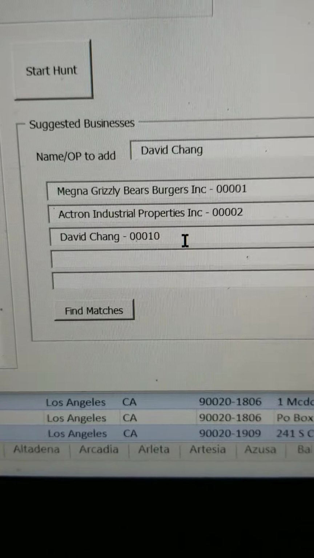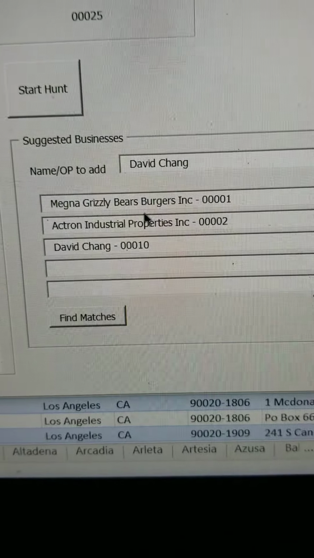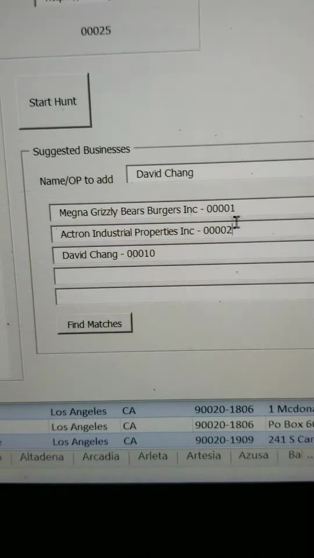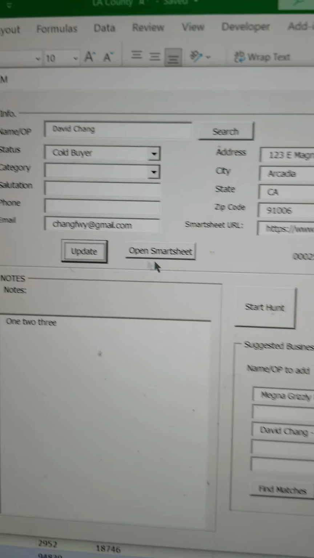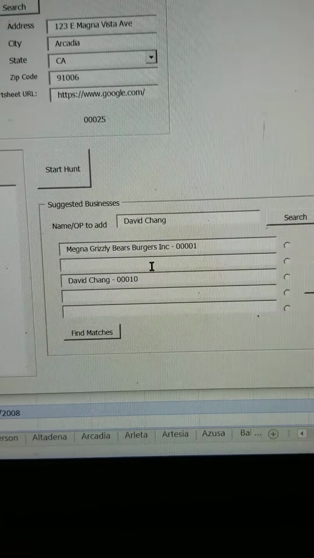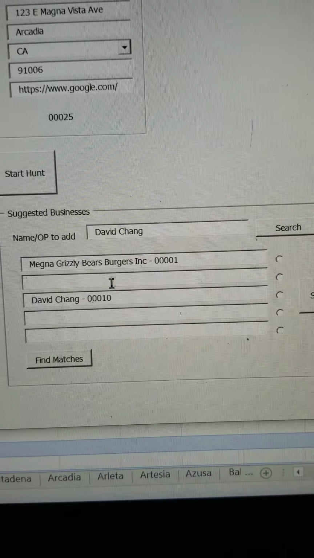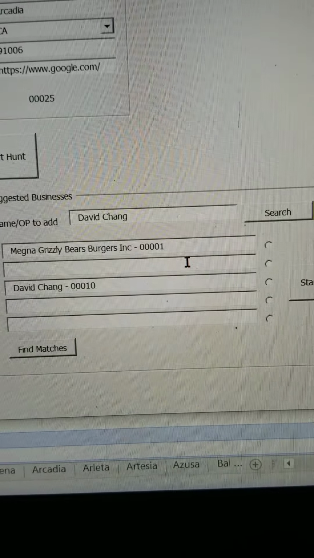If you want to, for example, delete one from being a match, all you have to do is delete it here. You click on update again to update the entire information, and they'll be gone. If you want to add them again, you just have to look them up one more time, and you'll see them being added. So yeah, if you want to start the deal, just remember that you're going to have to say,